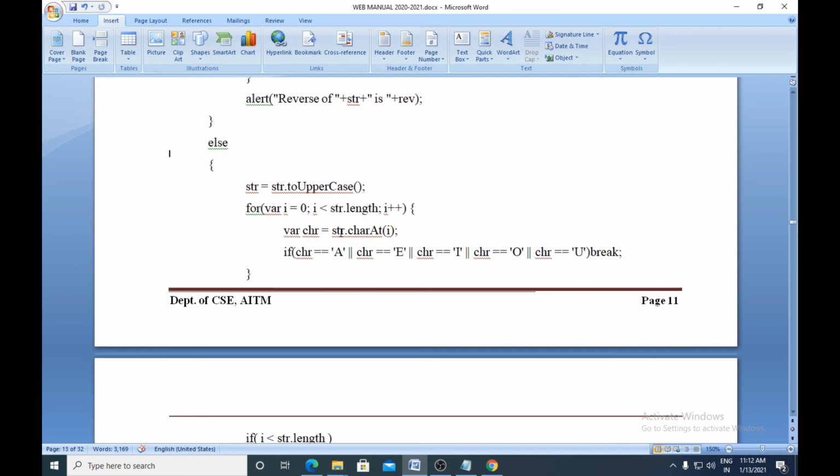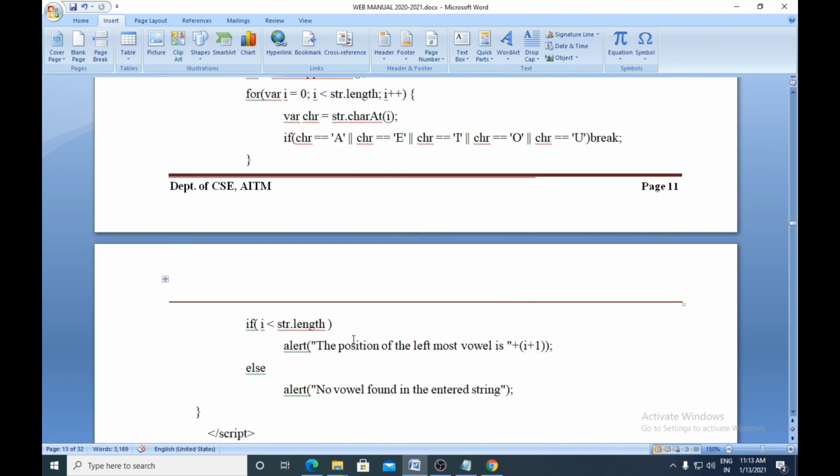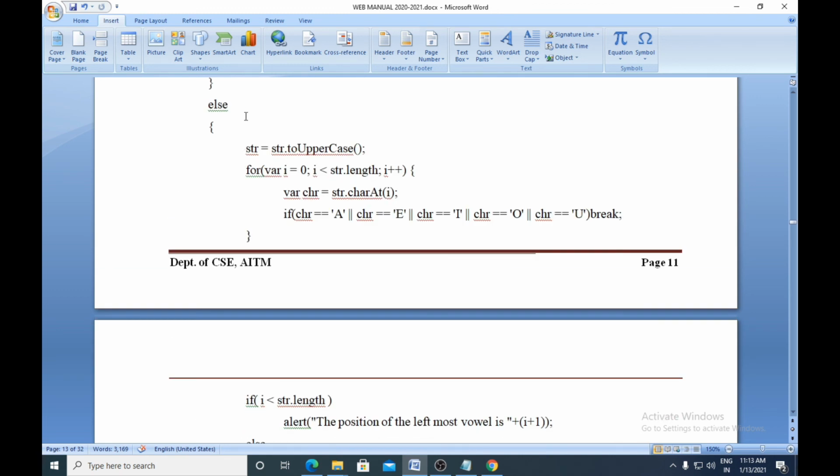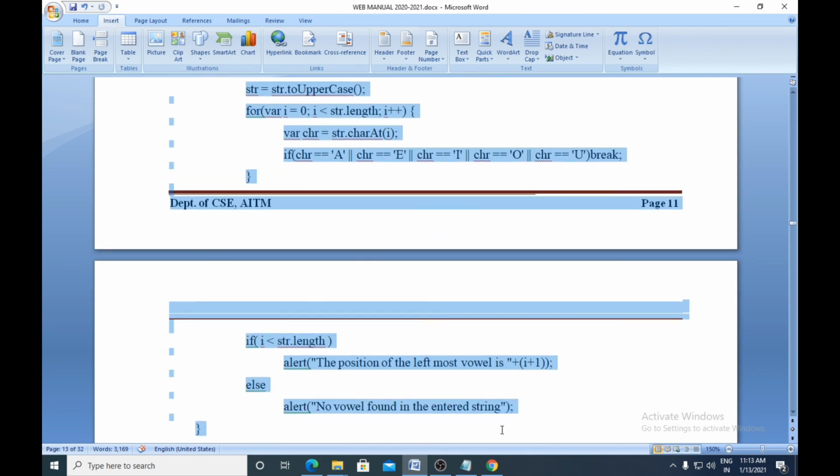And str.charAt gets the character at that particular index. If I is 0, it will get me the character C. If I is 1, it will get me the character A. If I is 2, it will get me the character T. This is for cat.